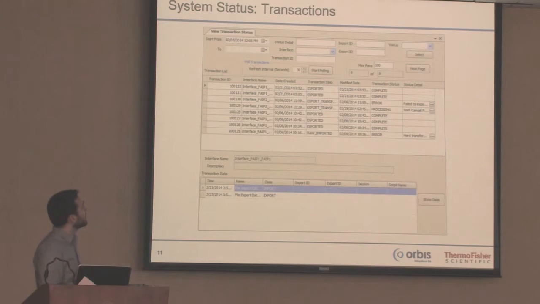Another very useful screen is the view transaction status. For any data that's transferred from one system to another within Integration Manager, you can see the complete transaction status within this screen. You'll see you have transaction status on the right hand side there: complete, error, processed. It'll give you a unique transaction ID for each event, and it'll also let you know what transfer modes are used within that transaction. In the bottom pane, it'll show you the import and export integration point out there. And if you actually click on the Show Data button,